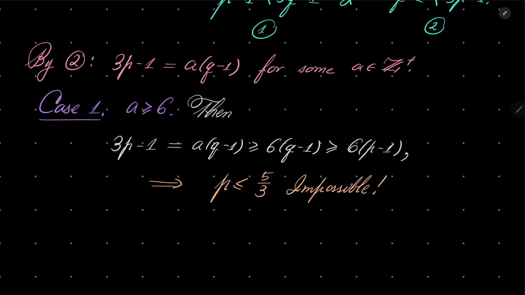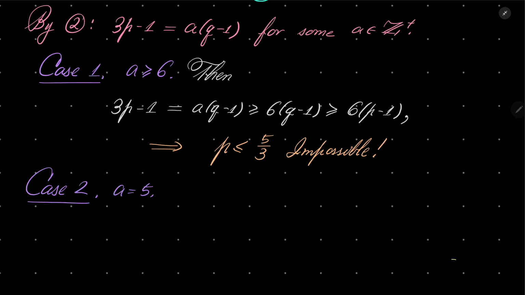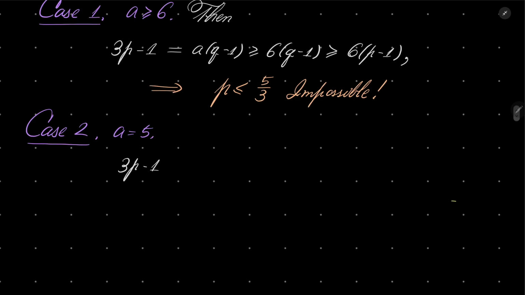Which is impossible since P should be greater than or equal to. So okay, now we have only cases of 1, 2, 3, 4, and 5. Case number 2, A equals 5. What happens then? If A equals 5, we have 3P minus 1 equals 5Q minus 1. But again, Q is greater than or equal P, so it's greater than or equal 5P minus 1, which after some shuffling means that